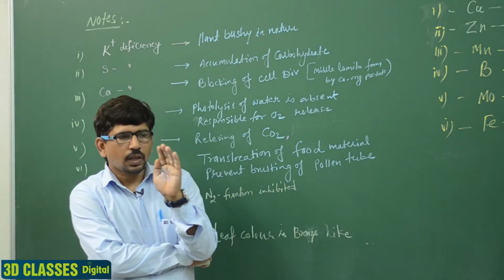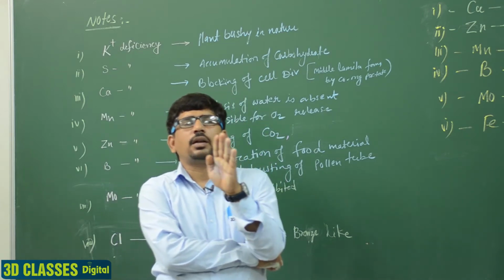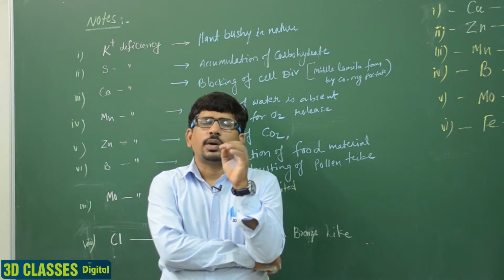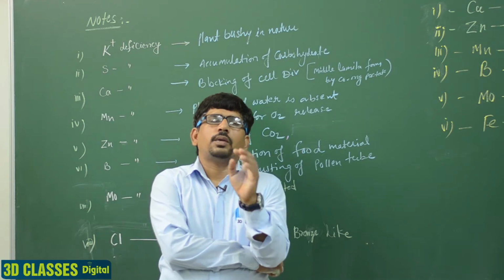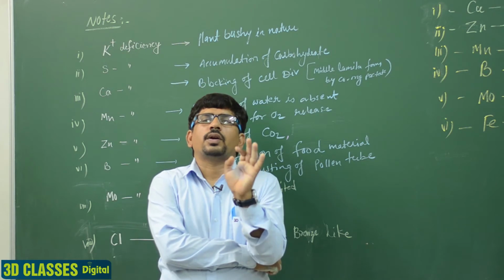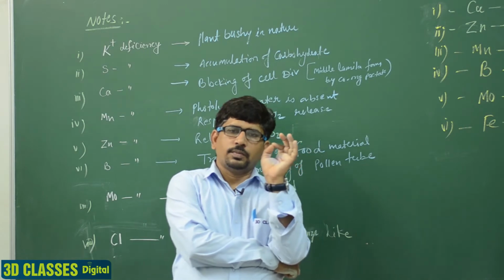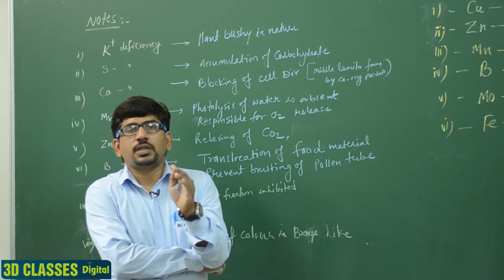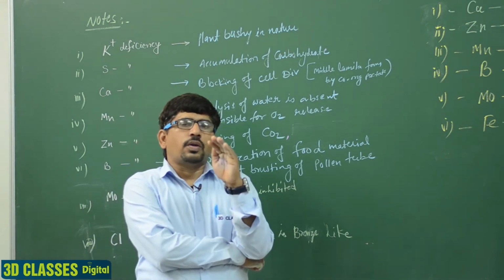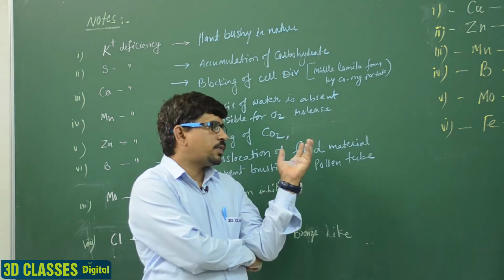Clear? So, in your NCERT book, a few elements represent the deficiency and the disease they cause, but in the module, all the elements, their ionic form, their function, the role of the particular element in metabolism, the mechanism, and the features of deficiency of the particular element are given. Clear? So, the complete element table is summarized in this form.